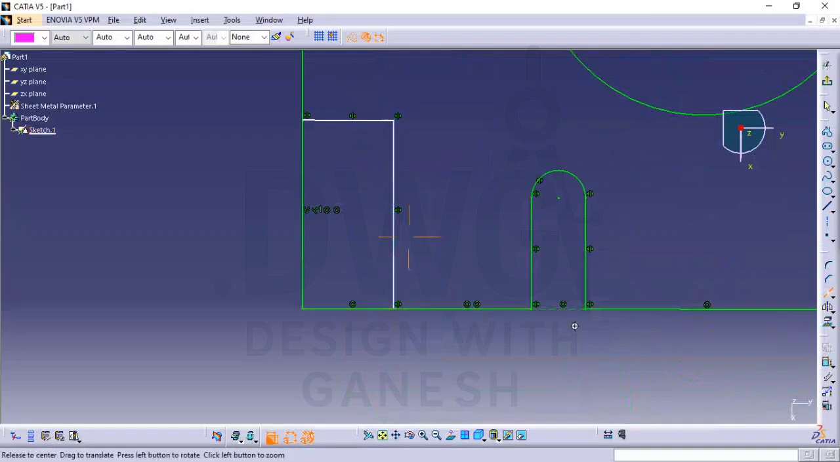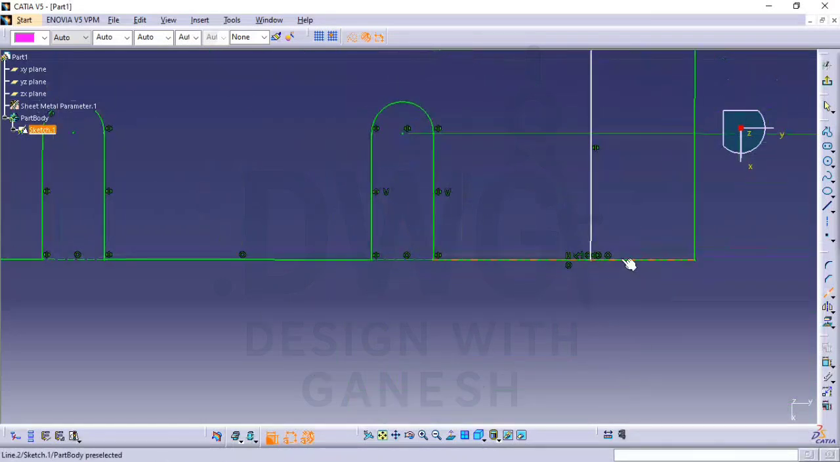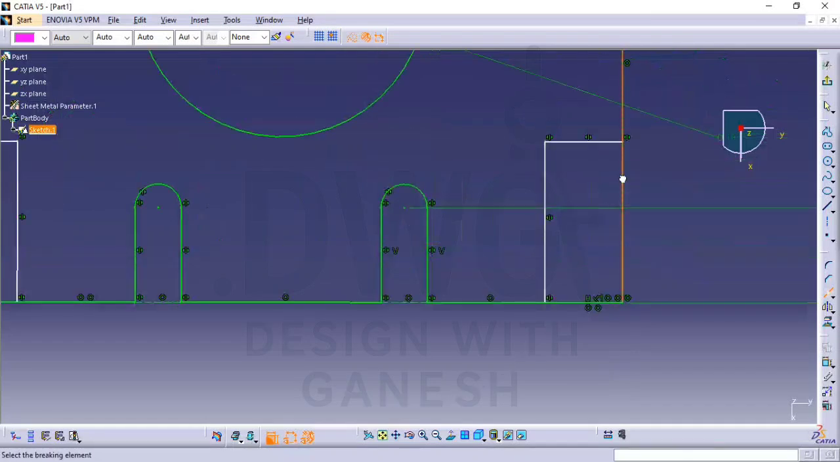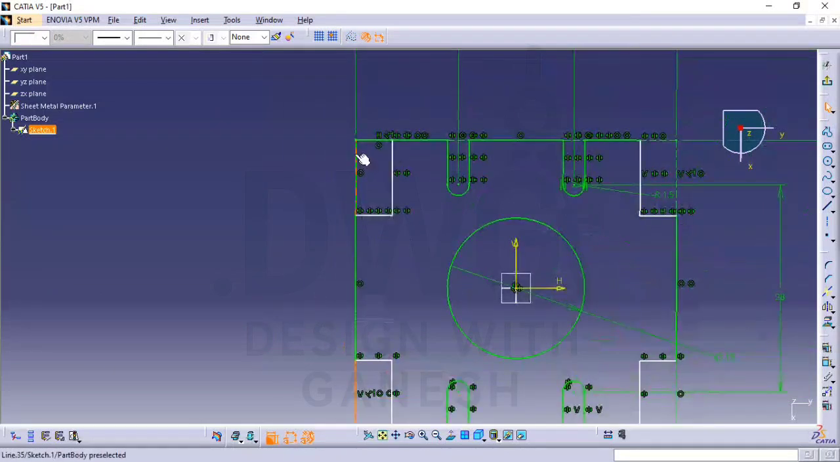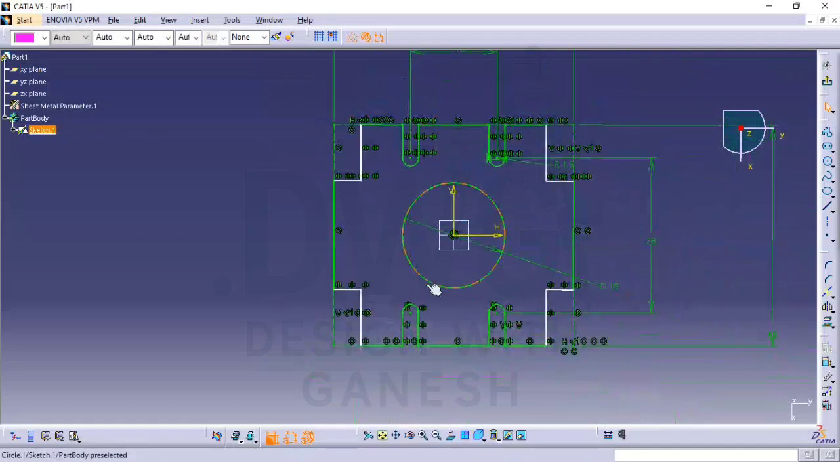Do here also. So do here. And finally, now let's make them as construction. Right. Now let's constrain the